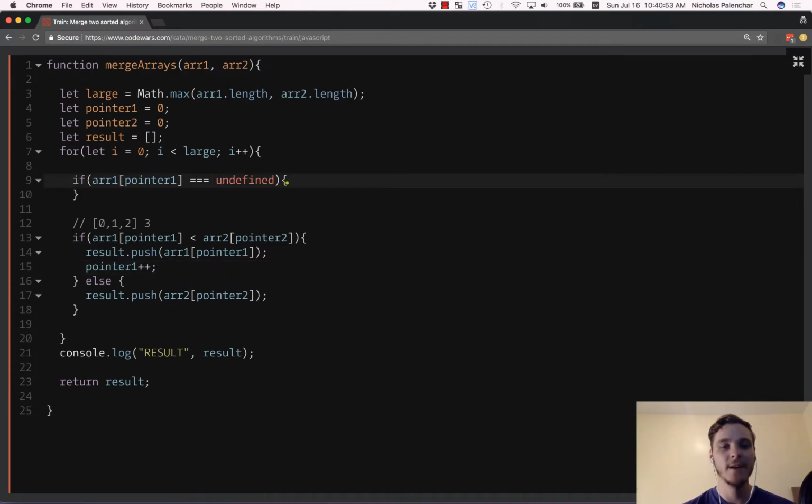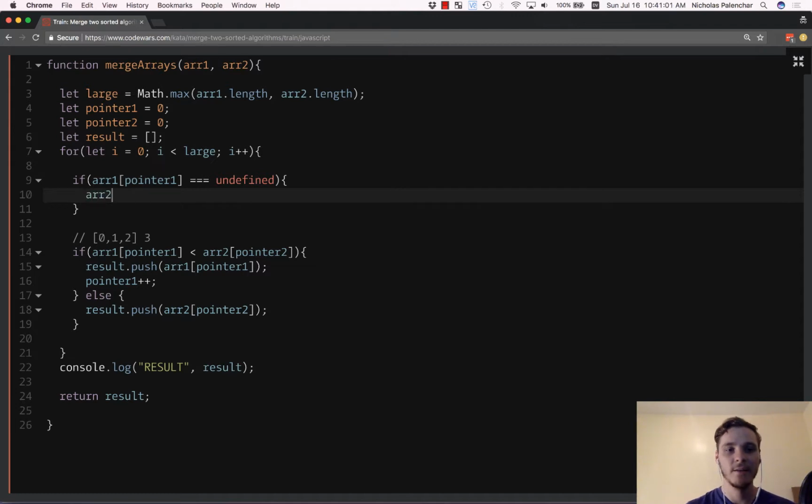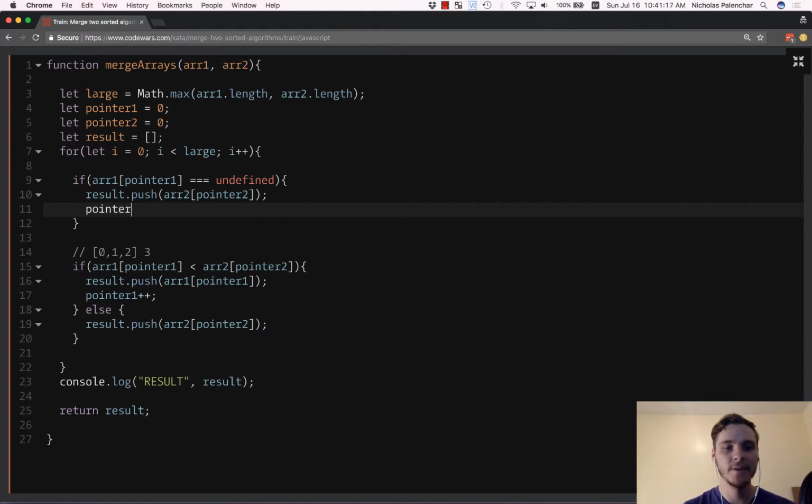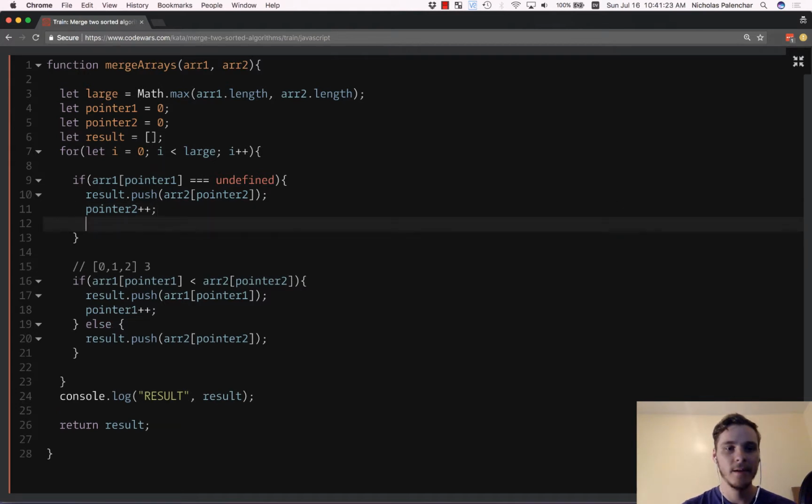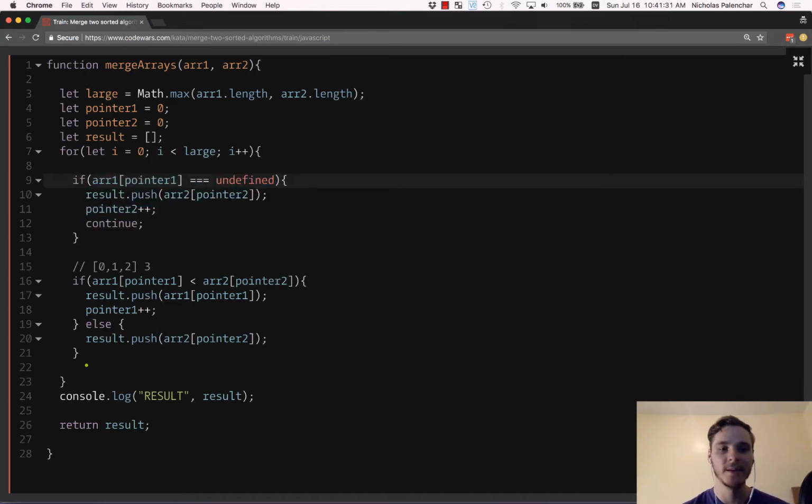So if we are undefined here, we just want to add the next element in the other array. So we can just push array of 2 pointer 2. So we can do result.push. Yep, that looks good. And then pointer 2 plus plus. And then we're going to say continue. So continue cuts off this stuff here. If we have an array that's out of values, we don't need to be comparing anymore,